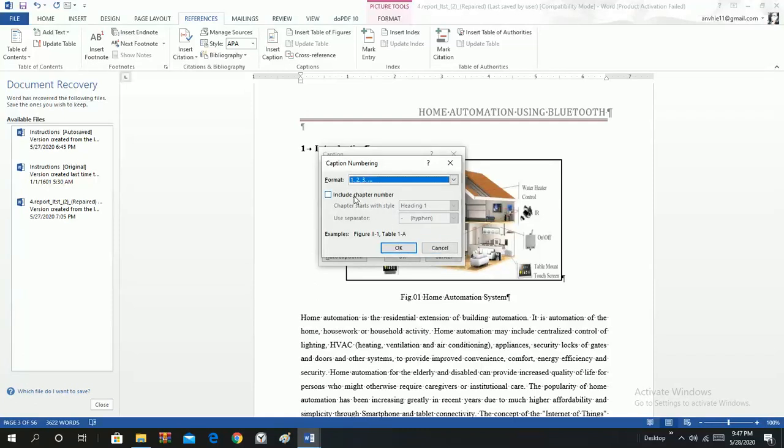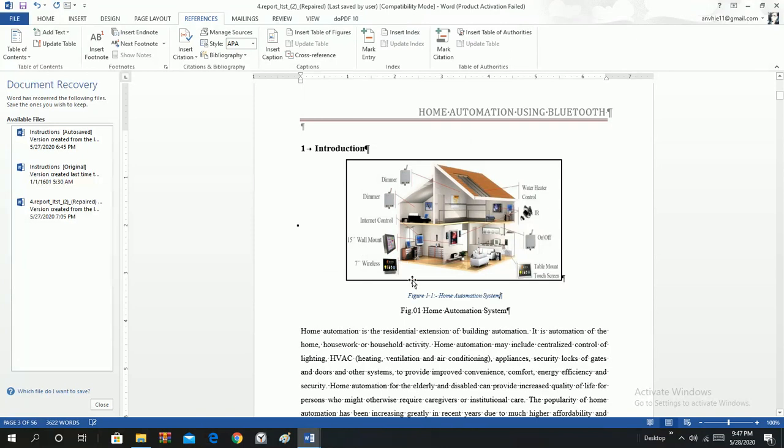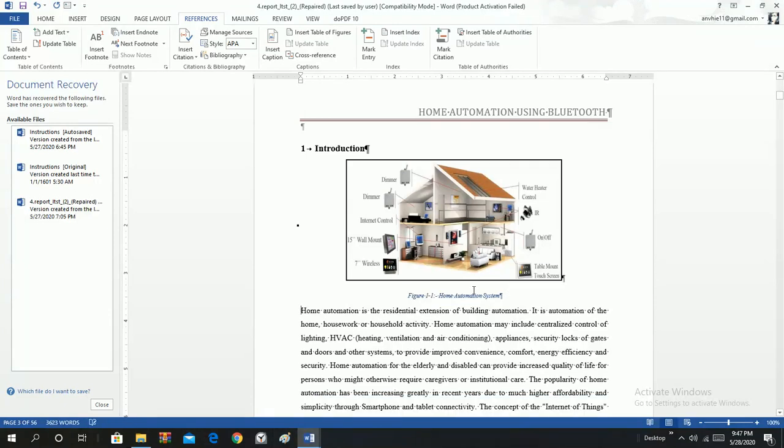Then we have to select the numbering and ask it to include the chapter name. We'll say okay. So this is the way the figure name will appear. We have to remove this.